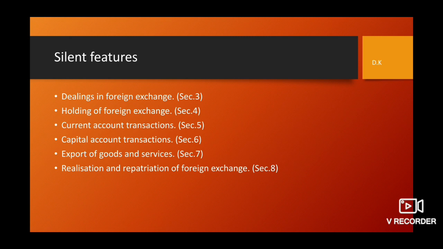He has to mention whatever he has received from outside India by foreign exchanges. This is realization and repatriation of foreign exchange. He has to disclose everything to the Reserve Bank of India whenever specified in such a manner. And in Section 9, exemption is also given. Section 9 deals with the exemption of realization and repatriation in certain cases.